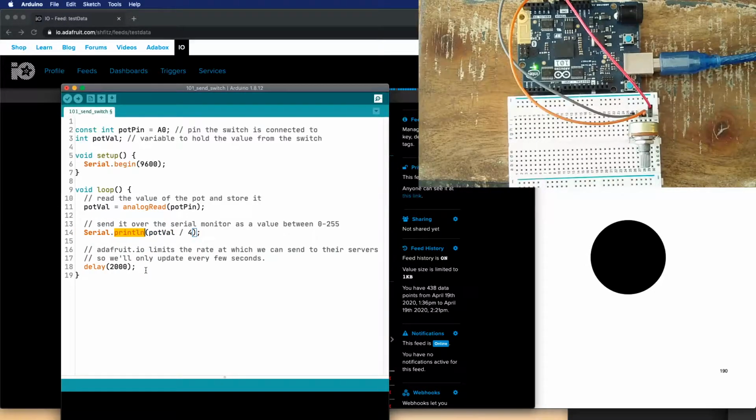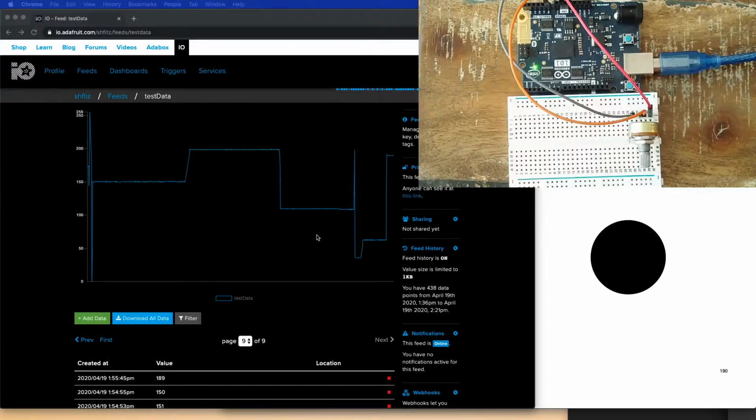Adafruit IO limits the rate at which we can send up to their servers, so I'm only going to update this once every 2 seconds. There's no need to do it any more for most of the types of things that you'll be using this for. So this is it. It's really simple and straightforward. On the p5 side, I've got